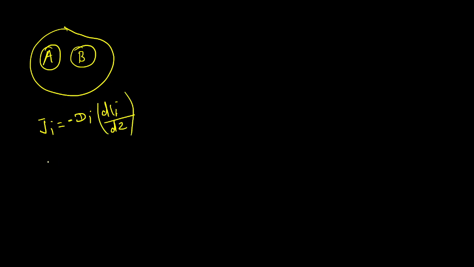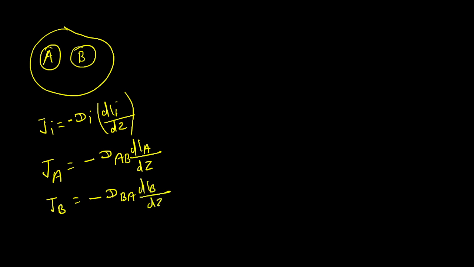So in a binary mixture, you can write Ja is equal to minus DA dCA by dz, and for Jb, in the mixture, you have to write DAB and DBA, dCB upon dz. Now, next thing, earlier I told you that if you want to write Na, that is the convective flux of component A,